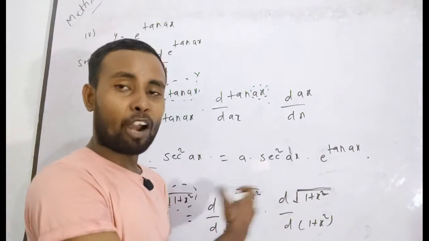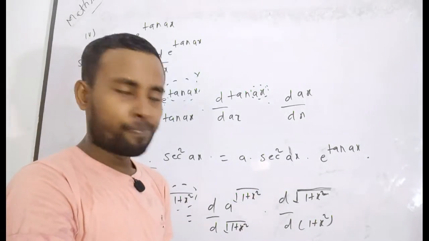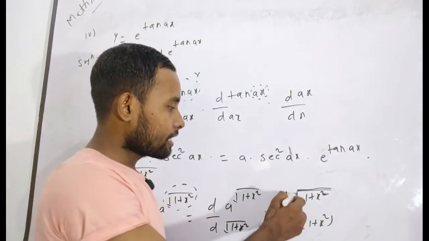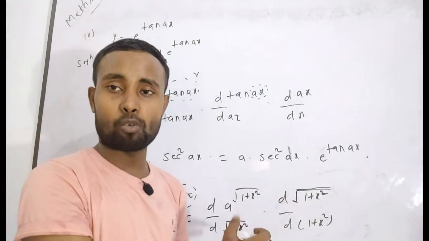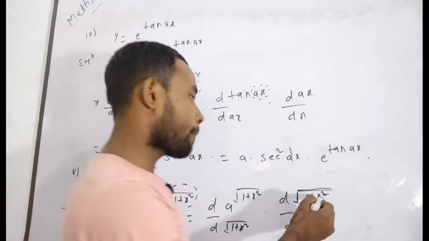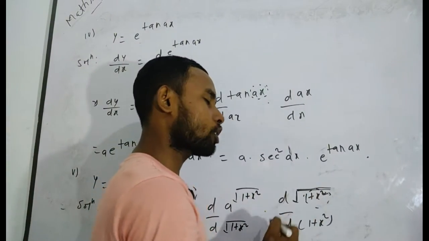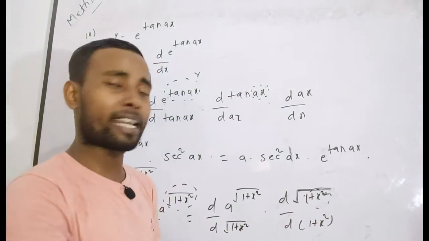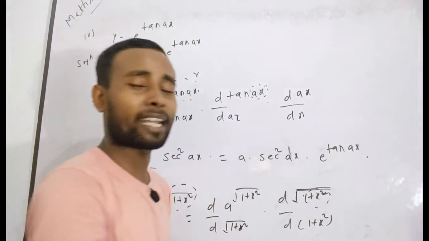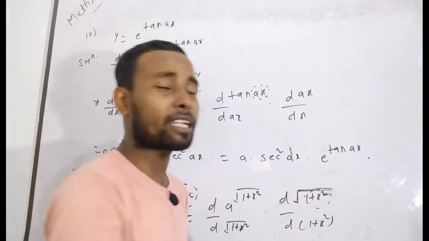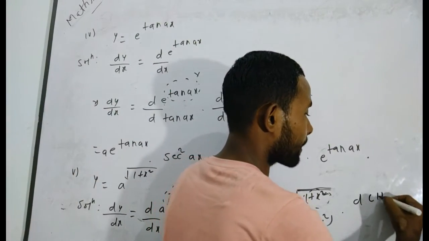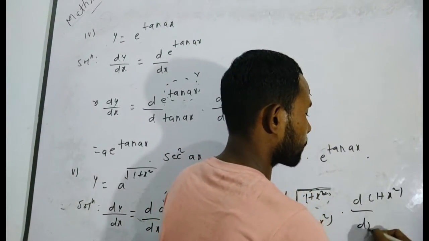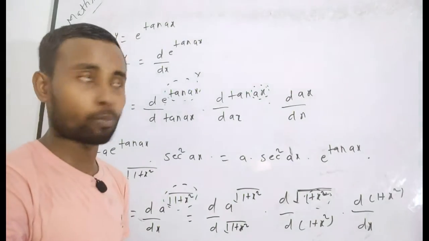We have to differentiate the outer function with respect to, first of all, the inner function. I have already told you in a formula that the derivative of root x is only with respect to x. In place of x it is 1 plus x square. If you suppose 1 plus x square is capital X, in that case it becomes root under X, and as you know, root under X is only differentiated with respect to root under X. Now you have to differentiate 1 plus x square with respect to x. I think you can differentiate this function directly.